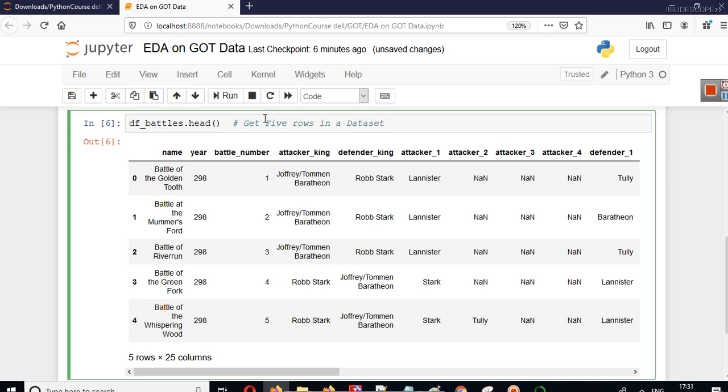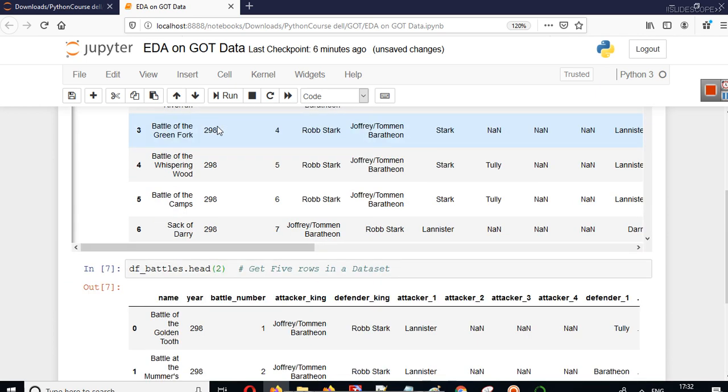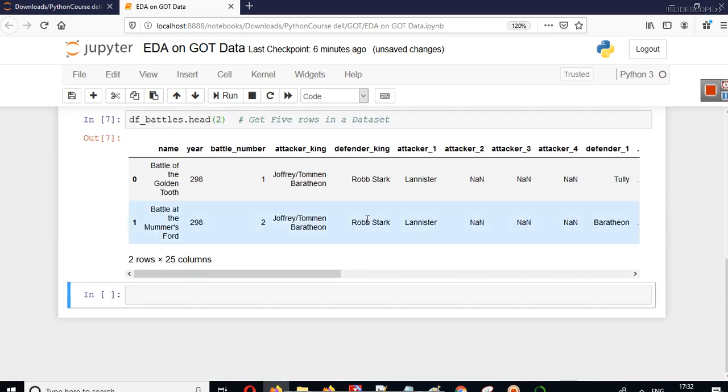If you are learning Python pandas and you want to see the data, or you want to just look at what the data looks like, how many columns are there, what type of information is given in the data, so that you can prepare your analysis process, you can get the top 5 rows like this. If you write a particular number here, let's say we don't want the top 5 rows, we only want the top 2 rows, you will get that many rows.